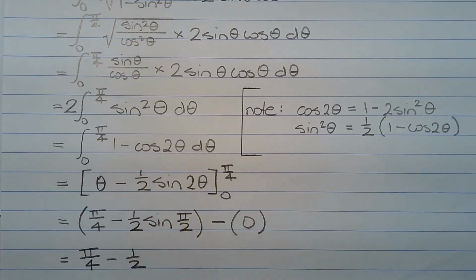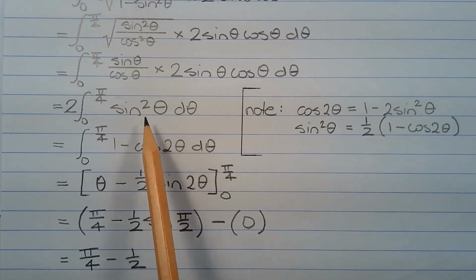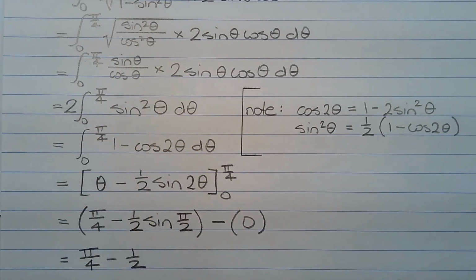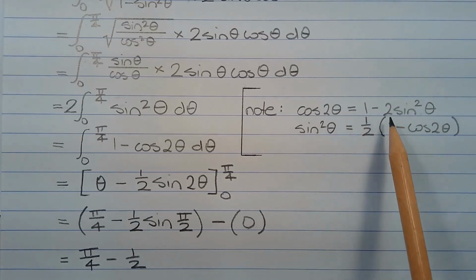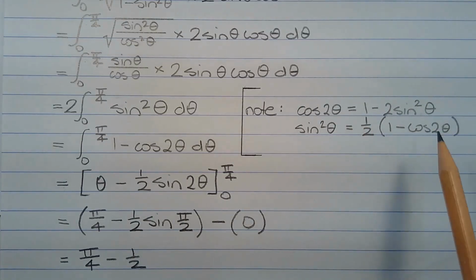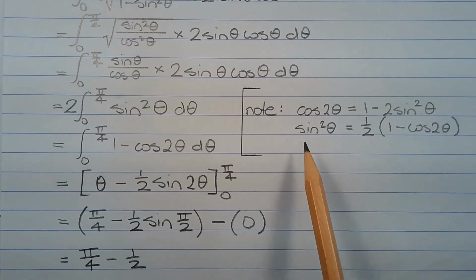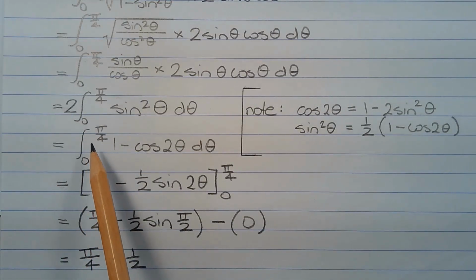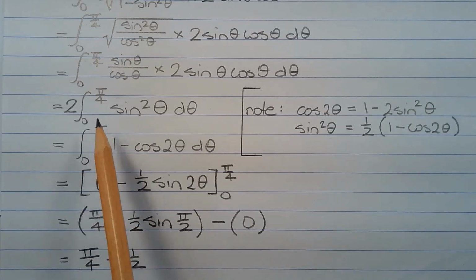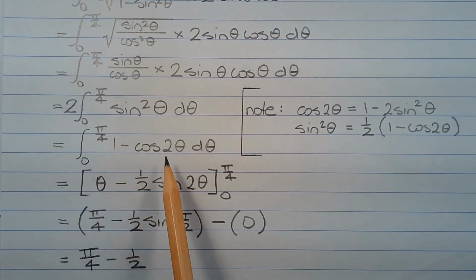Now to integrate sine squared theta, we need to express it in terms of the double angle for cos. Note that cos 2 theta is equal to 1 minus 2 sine squared theta. And making sine squared theta the subject, we have sine squared theta is equal to half times (1 minus cos 2 theta). So the integral becomes the integral from theta equals 0 to theta equals pi over 4 of (1 minus cos 2 theta) d theta,